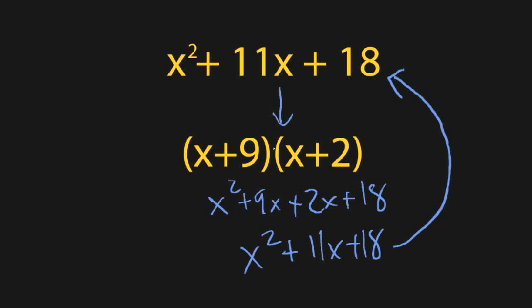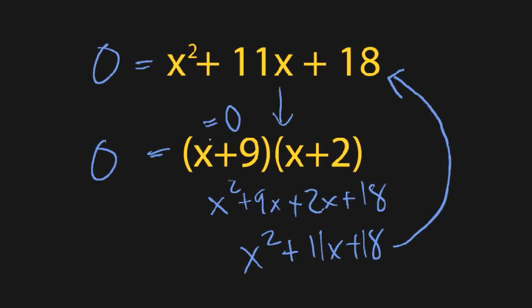Why would you want to put it in factored form? Well, if this whole thing equals 0, then this factored form also equals 0. And there's something called the zero product property, which says when you have a product of unknowns that equals 0, to solve that you can just look at when each unknown individually equals 0. So if you look at this left factor, x plus 9, if that is equal to 0, then it doesn't even matter what x plus 2 is,